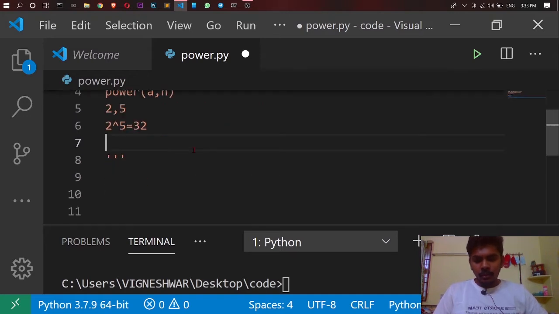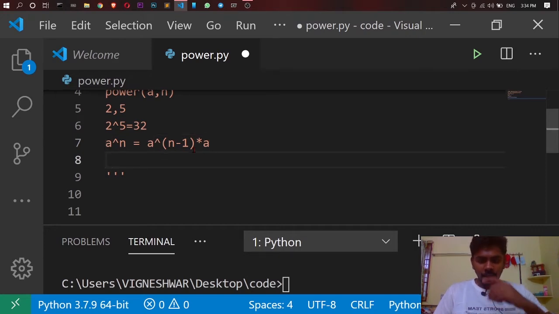So how can you code for that so that you will get the answer 32? To get the answer for a power n, you need to find a power n minus 1, and then multiply that with a. That's how you will reach the final answer.